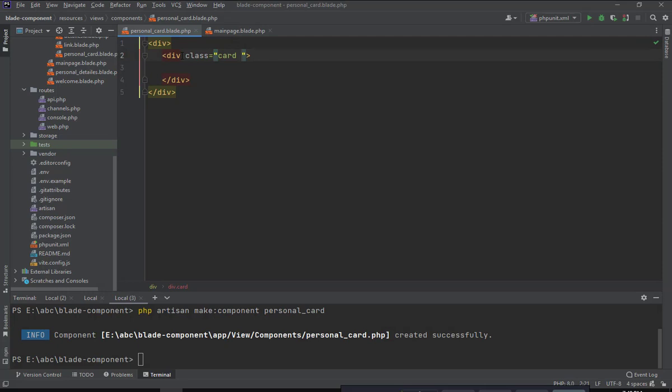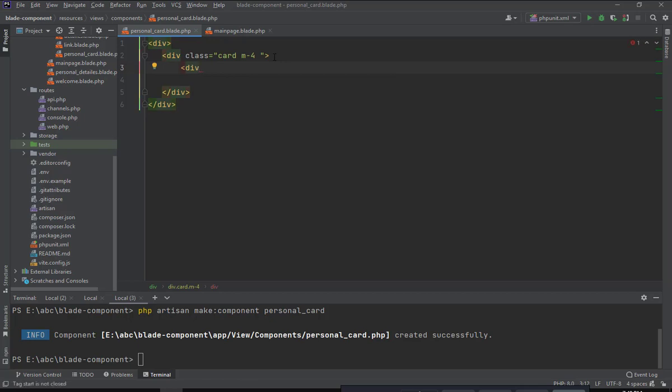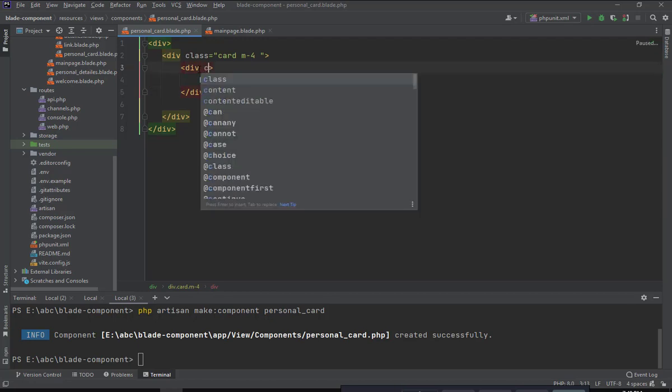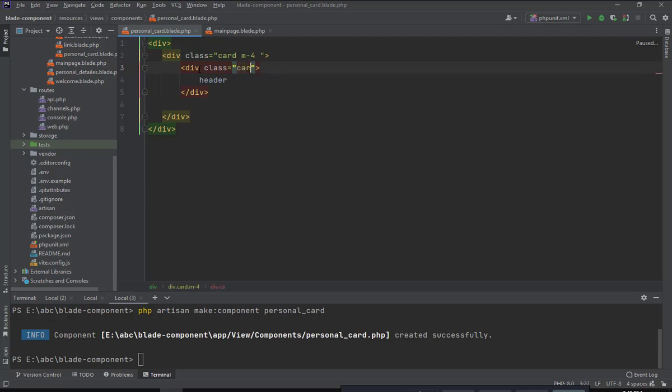HTML attribute m4 for margin, and add some header and body, header card and body card. So I add a div and name it header, and here in this div I add the attribute class card, and for example header,